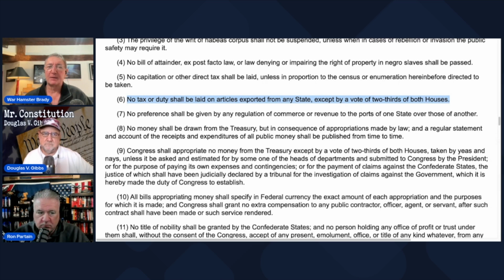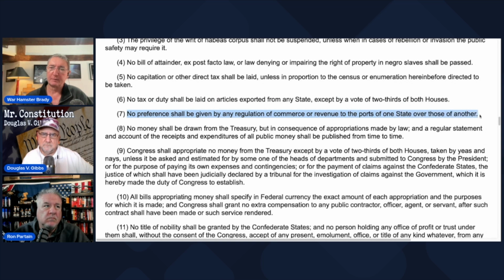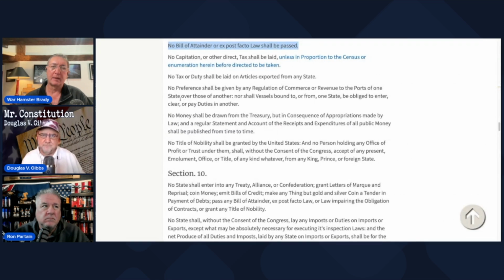Okay, I think you'll find Section 7 is going to be pretty interesting. I'll read the Confederate version first. "No preference shall be given by any regulation of commerce or revenue to the ports of one state over those of another." Pretty straightforward. Yeah, it's uniformity when it comes to the ports. Yeah. With the U.S. Constitution,